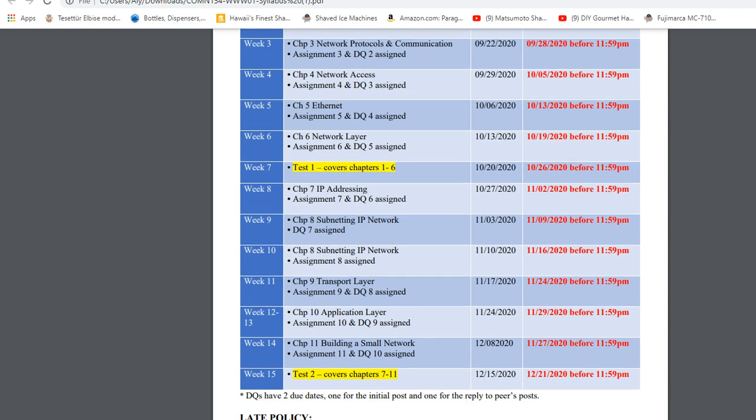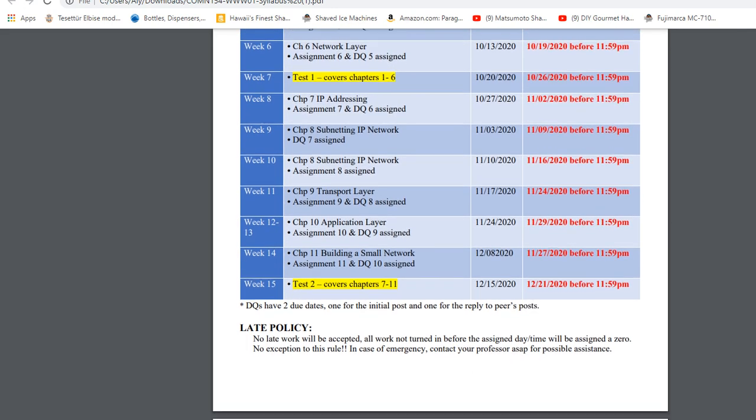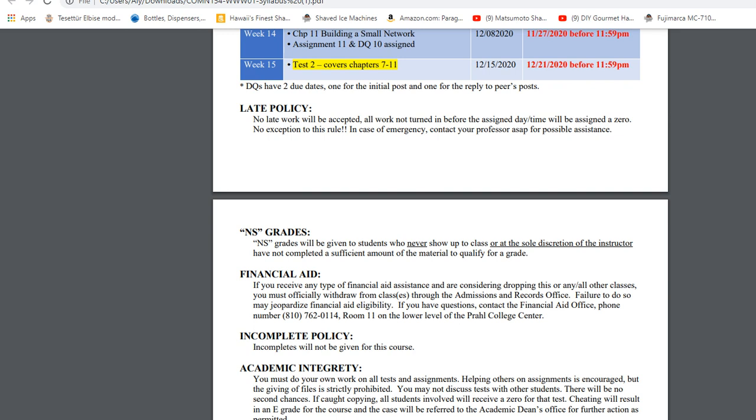And through that process, we'll go, every week we'll cover a chapter, etc., etc. Late policy, I usually don't accept late work except if there's an emergency. Then you'll have to get hold of me ASAP, and I will look into possible assistance if it can be accommodated. If not, unfortunately, if it's not turned in into Canvas before the due date,